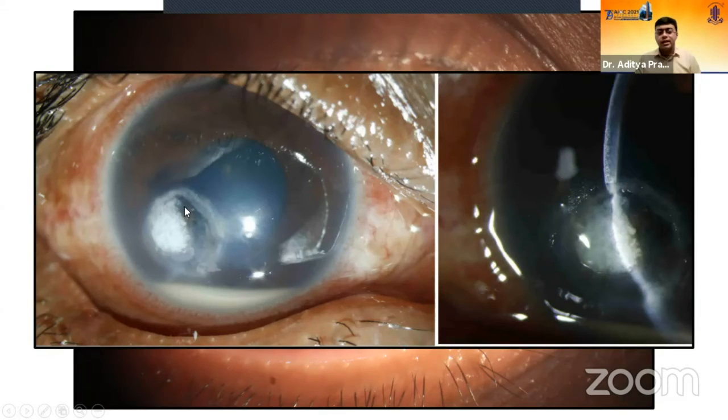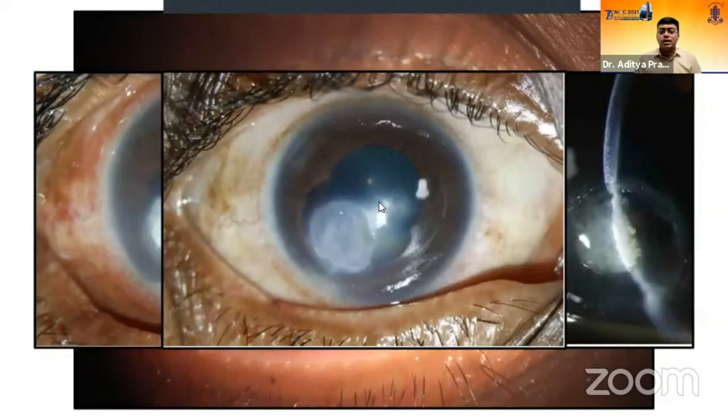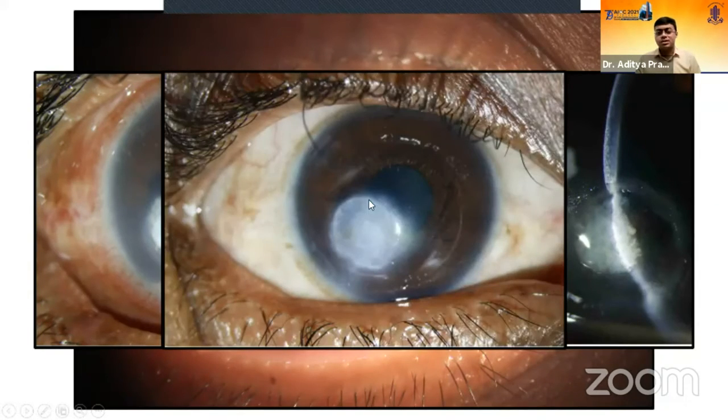Even if the infiltrate is reduced slightly, there is gross thinning, as you can see in the slit lamp section. So the patient did undergo a tarsorrhaphy and an AC lavage. This is after 3 weeks of the surgery. The tarsorrhaphy was released. The thinning was also taken care of. The collagenolysis was prevented, and there is nice scarring. This photograph is 3 months after the entire procedure was done.